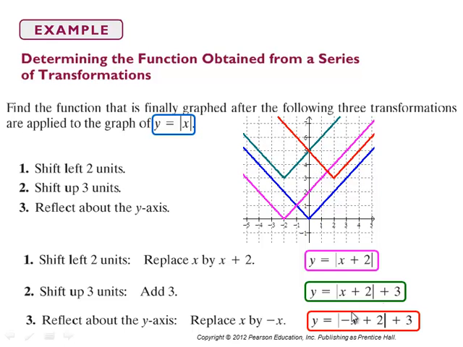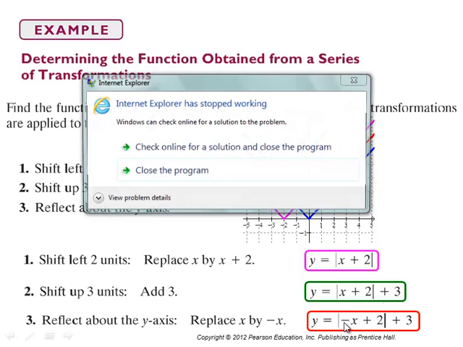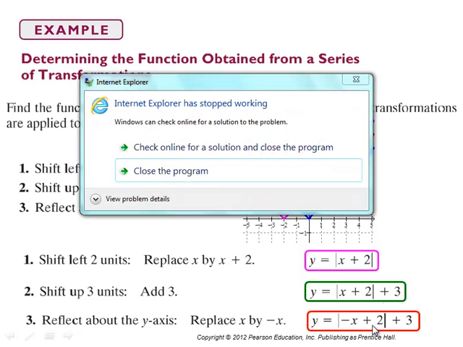So the graph of the absolute value of negative x plus 2 plus 3 is the result of taking the basic function absolute value of x and doing these 3 transformations for the graph. So you don't have to put a whole lot of brain power in graphing this more complicated function, this absolute value of negative x plus 2,